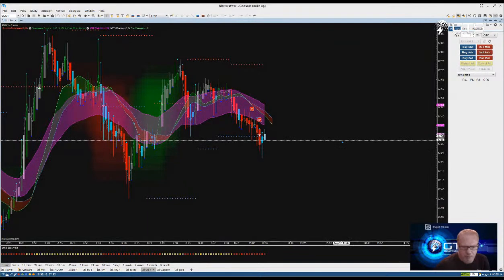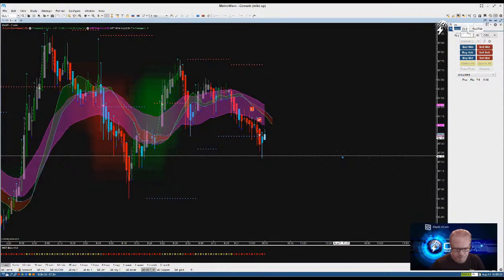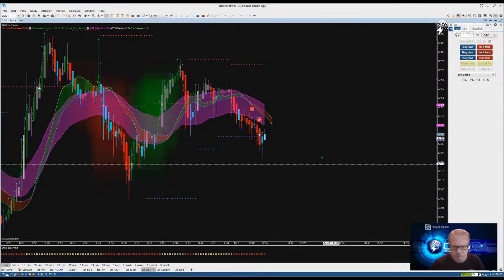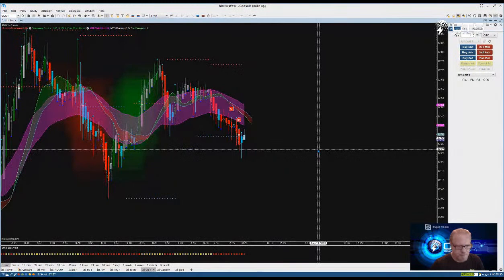Yeah, that's what I'm saying too, Dana. Right down here, we got to get about 2.5. That's the entry on that. If we just fall back down here, just wait for it to come back down.